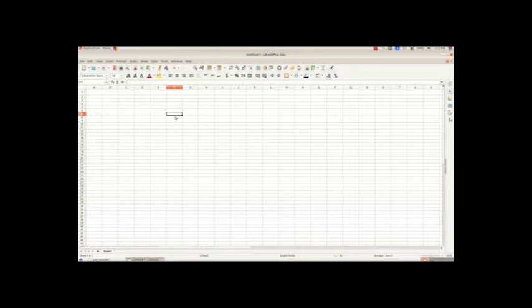Here the cell pointer is in which column? F, and the row is 7. So we can identify the cell by saying the column name is F and the row name is 7.